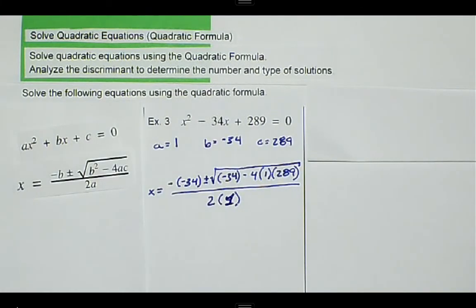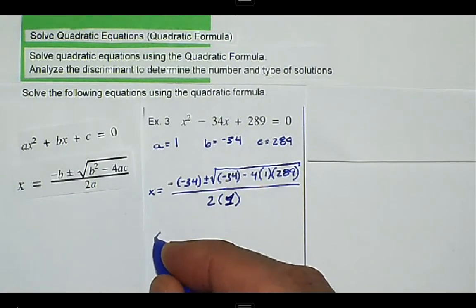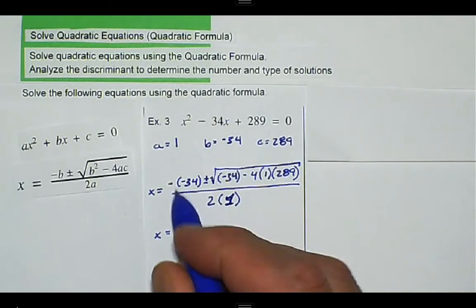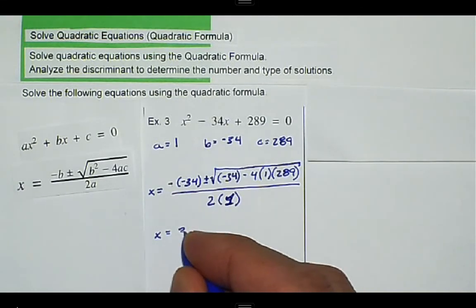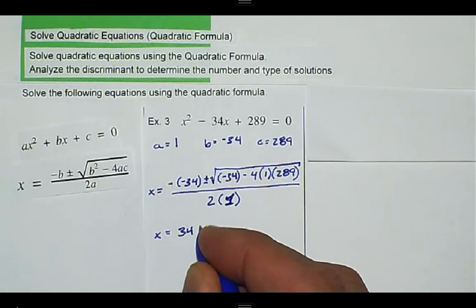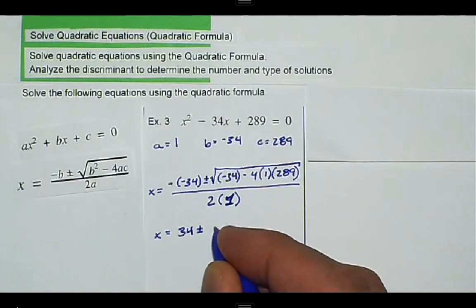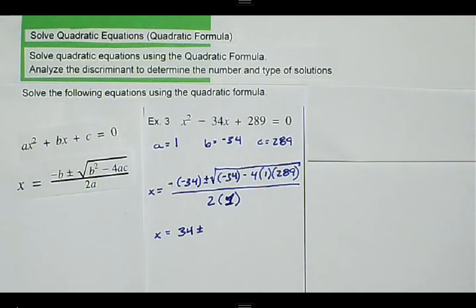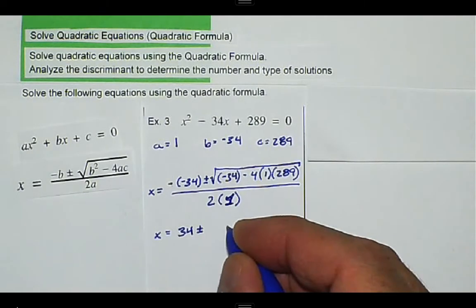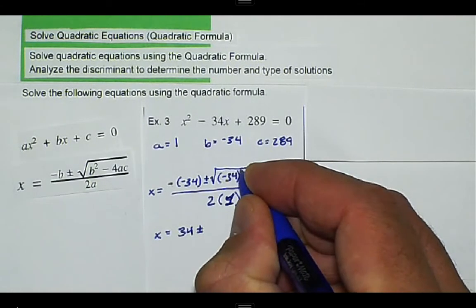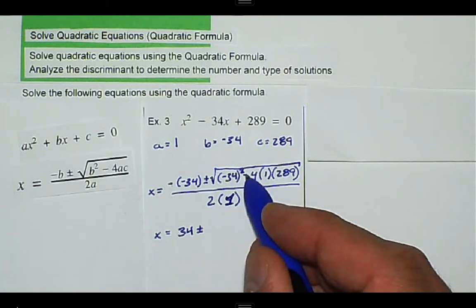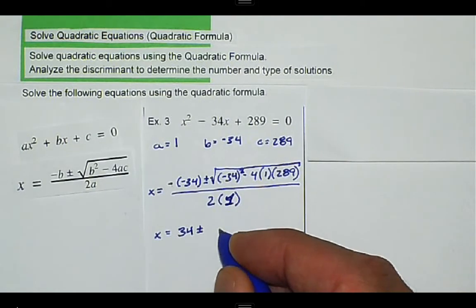So we have our values all substituted in, and now we can start simplifying. So x is equal to negative times negative is a positive, so that's 34, plus or minus negative 34 squared. I'll use my calculator for that one. Oh, I forgot the square there. That should be squared. Negative 34 squared. So we get